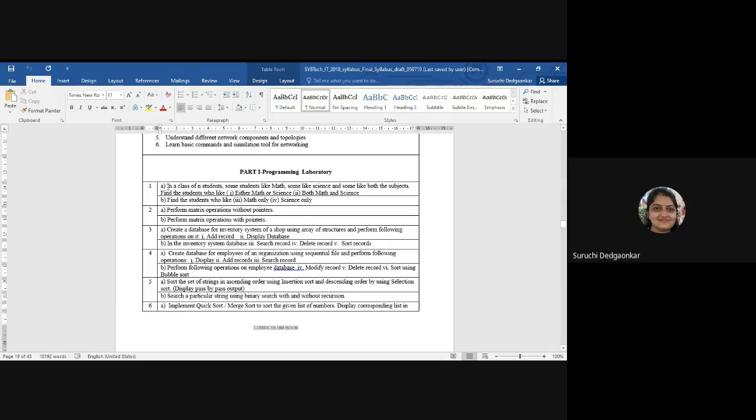So there is a collection of students, and we are finding how many students like maths and who those students are, and how many students like science and who those students are. Once we get that, we have to find the students who like either maths or science, that is the first thing, then both maths and science, and the third part is only maths and only science.